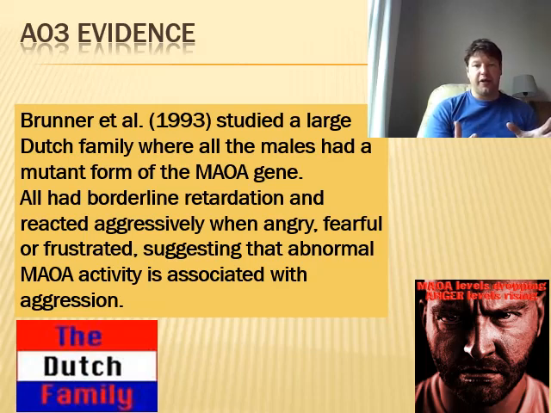Remind me to look this up on Wikipedia in the lesson, because it will bring it a bit more to life. It's not the greatest thing to see, but some of the things that the males were doing in this family, and you're talking generation after generation after generation, all committing very similar aggressive acts, does suggest that there is this abnormal MAOA activity associated with aggression. They all had it, only the males, it was all running down the male side, and they all did these very highly aggressive acts.